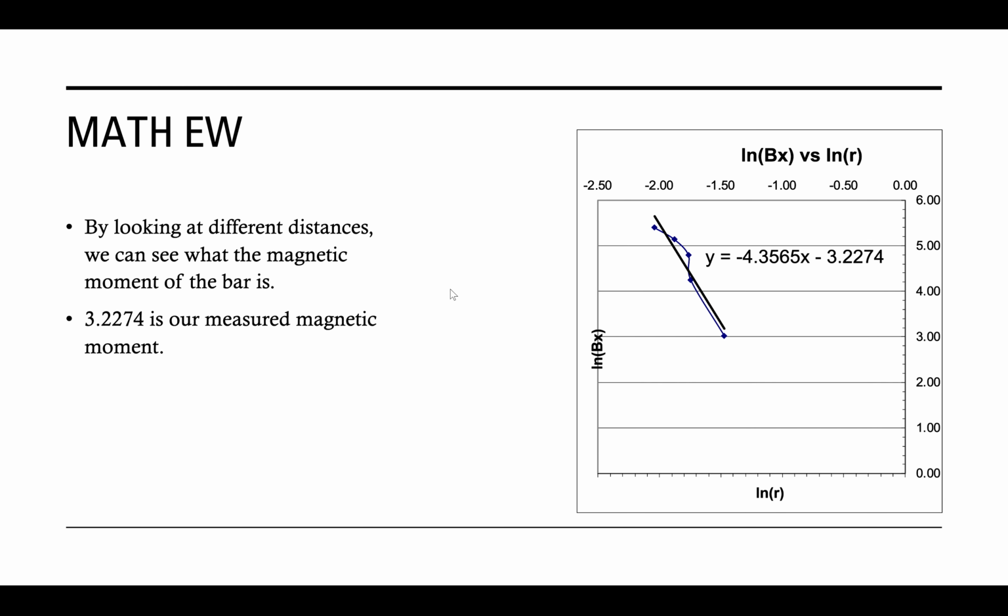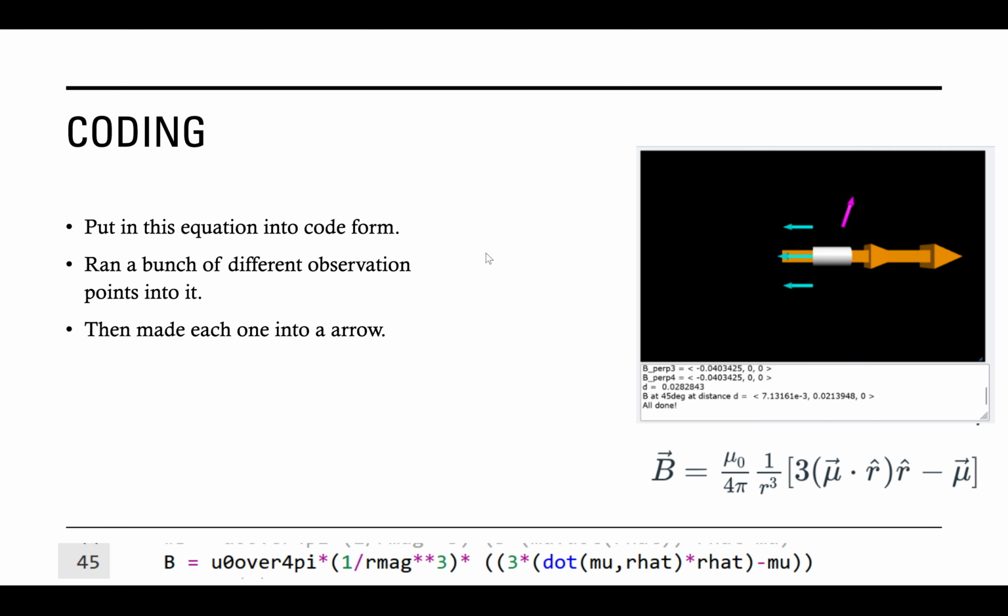Then we had to look at some math. If you rearrange the equations from earlier, you can get it to look like the natural log of the magnetic field versus the natural log of the position to find that this is our thing. So we found that the y-intercept on natural log of B would be this, which is what we saw in our preview. So for coding, I just put this equation into code form, which is down here, and then